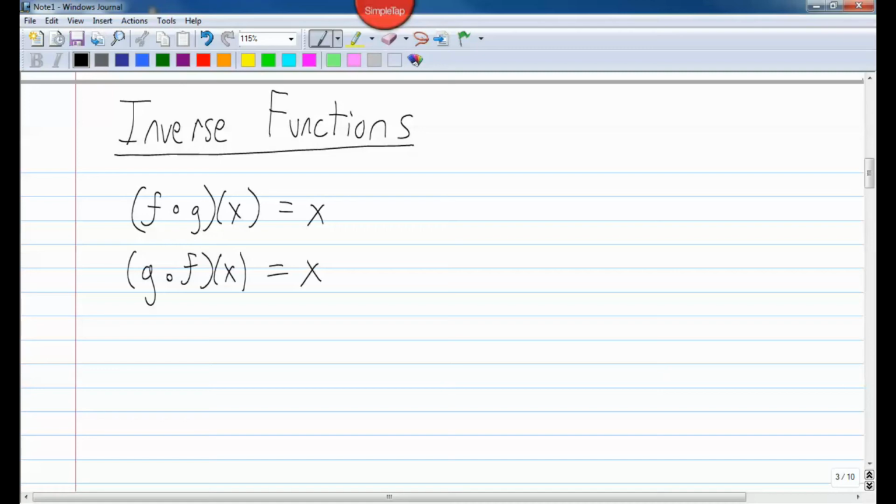inverse functions do have a few special properties, and there is some special notation for inverse functions. We've gone over domain, how to find the domain of functions, and we haven't gone over how to find the range, not directly, but I think you understand that y values or answers, that's the range. And one of the special properties of inverse functions,